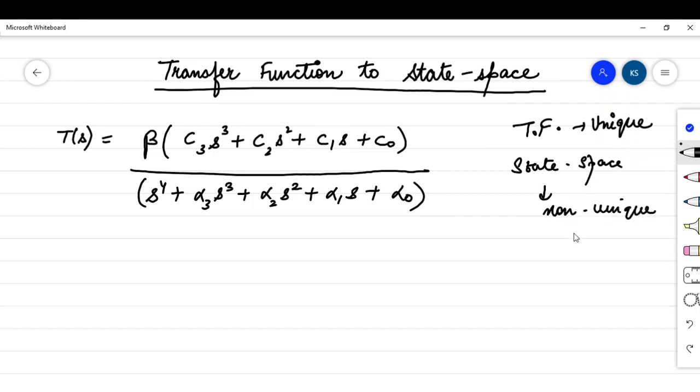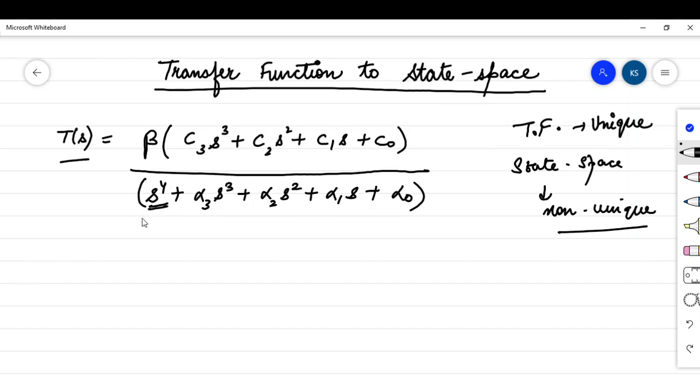So we can observe different state space models for a single transfer function. We can also name it as canonical. Canonical means variations are possible in the state space model. Different forms are available. So if the transfer function is represented in this form, what we will do is,